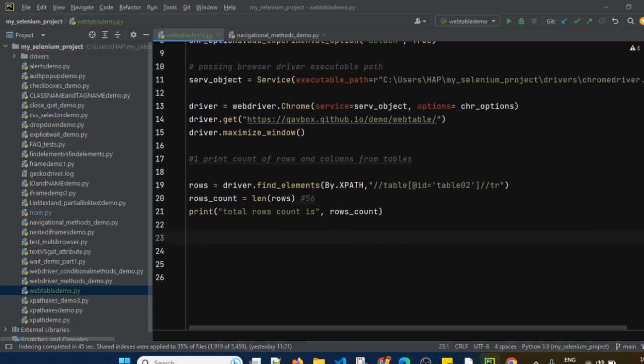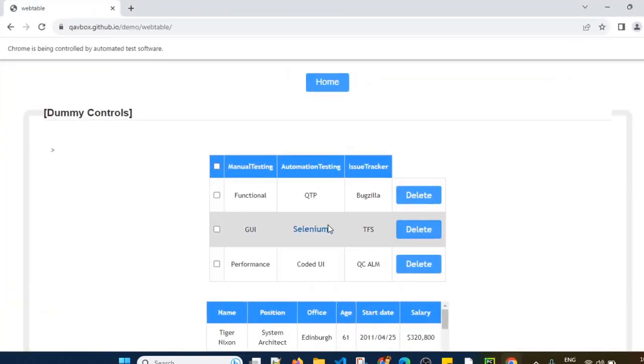And similarly, now let's try to find out the number of columns. So how can we find out the number of columns?